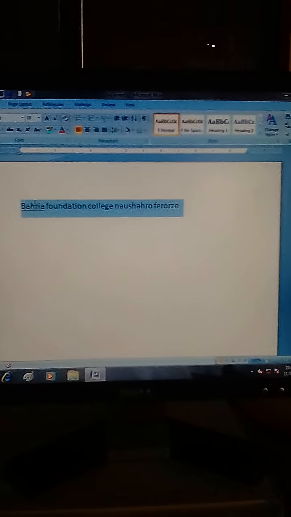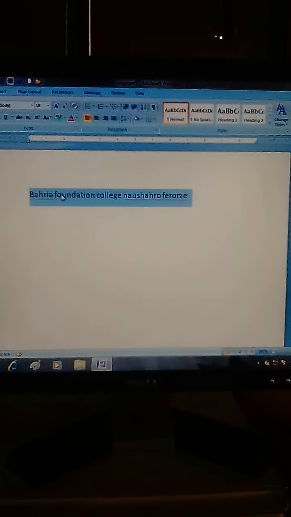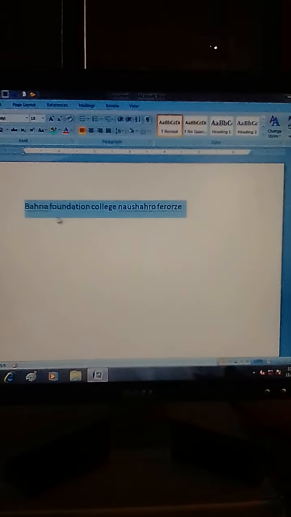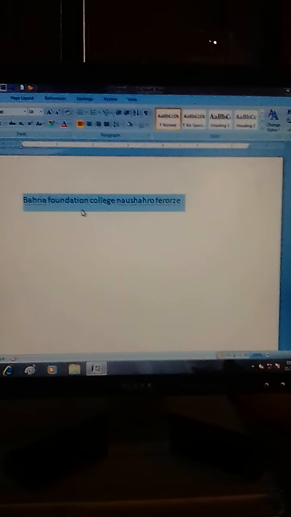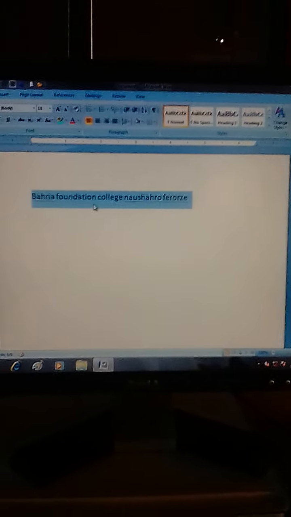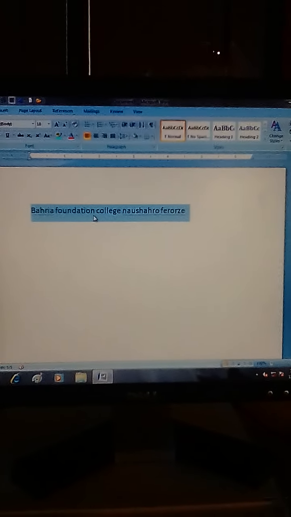By applying this function, our sentence will be selected, and then we will be able to apply any function from the toolbox of Microsoft Word.